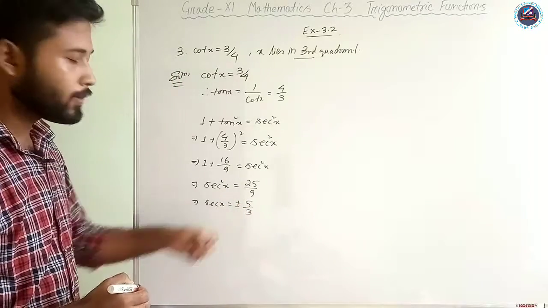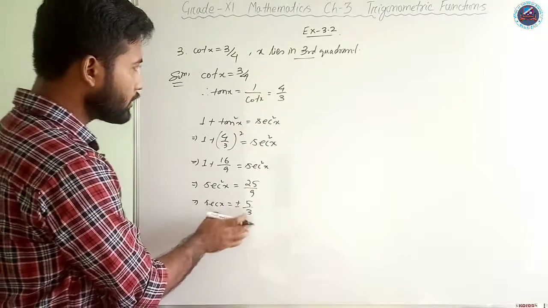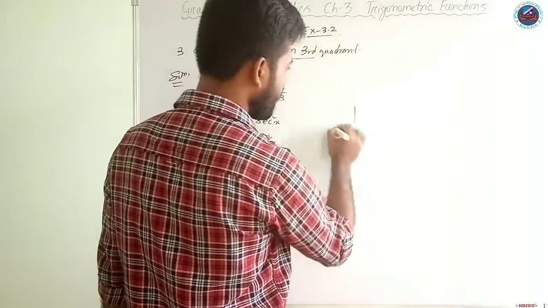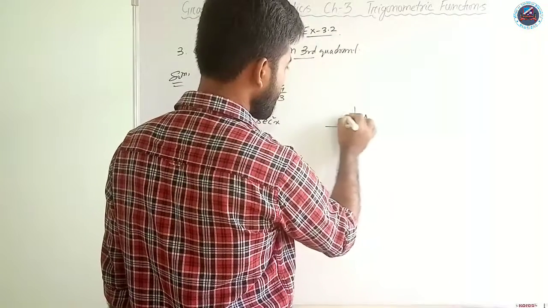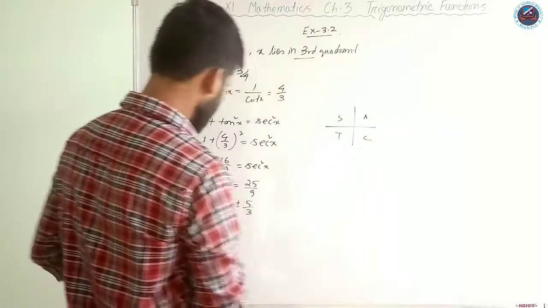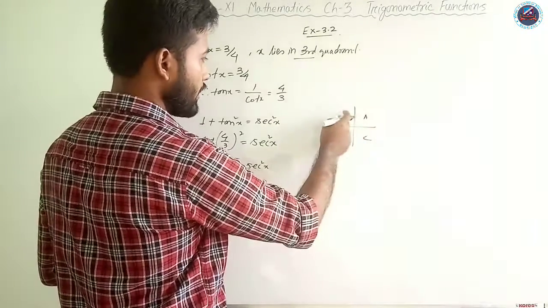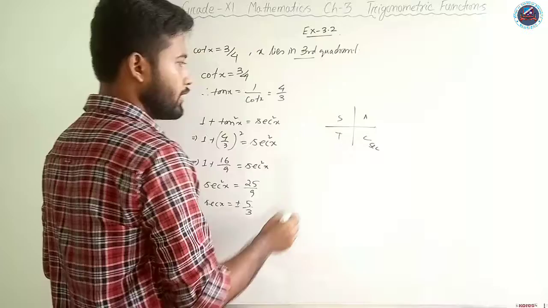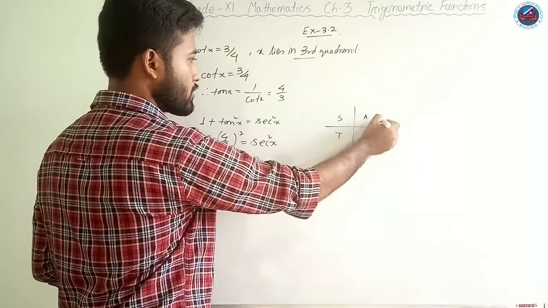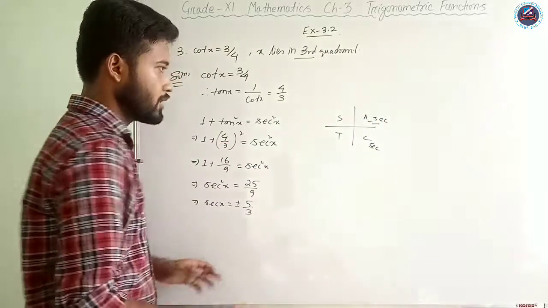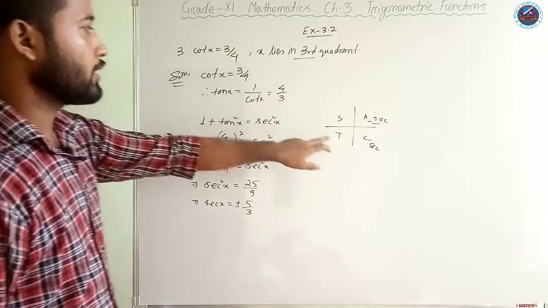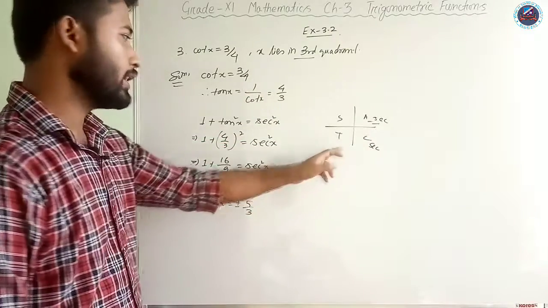Now we have got two values of x, so for that we need to consider where x lies. It lies in the third quadrant, isn't it? So all, sine, tan, cos, and all sine, tan, cos. So cos and sec is positive here, and sec is also positive here. So in these two, sec is positive, the other sec is negative. But x lies in the third quadrant, so it lies here. That means sec will be negative here.